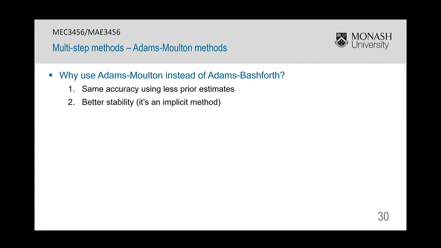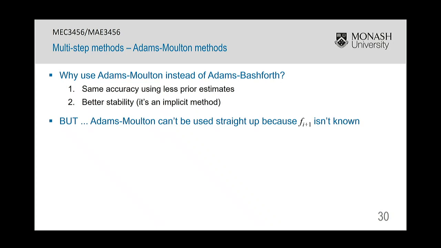So why would we use Adams-Moulton instead of just continually using Adams-Bashforth? Well, it's maybe not obvious, but it turns out that Adams-Moulton has the same accuracy but uses fewer prior estimates. So we have to store less information and do less arithmetic. Adams-Moulton also has better stability because in effect it's an implicit method. However,